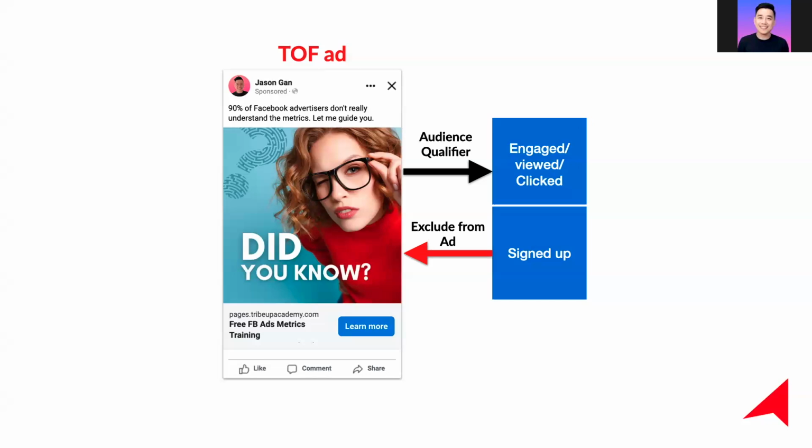So when you don't have exclusion, and when Meta has a very strong signal that this is a bunch of guys that would actually do this action that these advertisers want, they'll keep showing the ad to them. So that would result in budget waste. Okay? You keep showing the ad to people who have clicked or even people who have signed up. You're not going to get them to sign up again, which we don't want, right? We don't want these people to keep coming back just because they keep seeing the ad, or you might annoy them. So basically, we need to have exclusion.